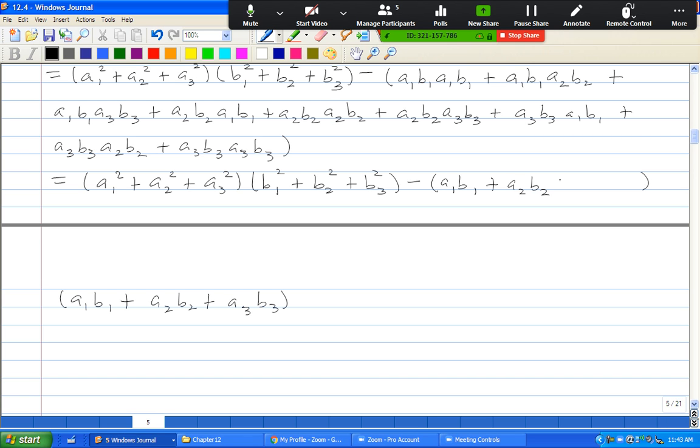Good. Plus, so let's factor out the a3, b3. And so I factored out the a3, b3 times a1, b1, a2, b2, and a3, b3. So this is equal to